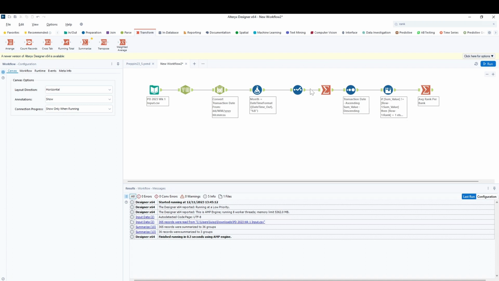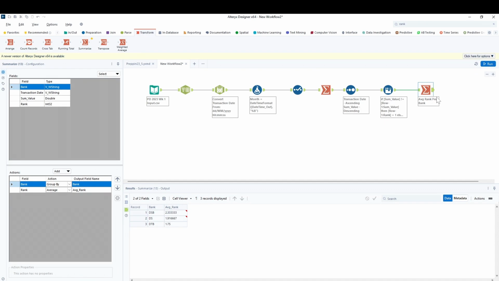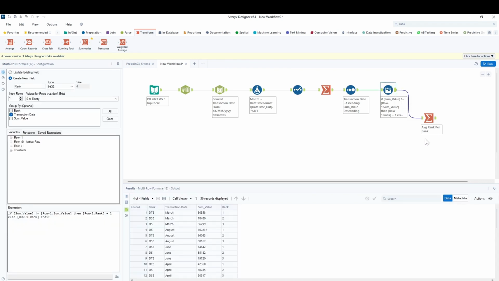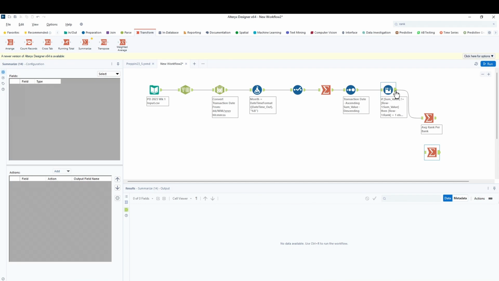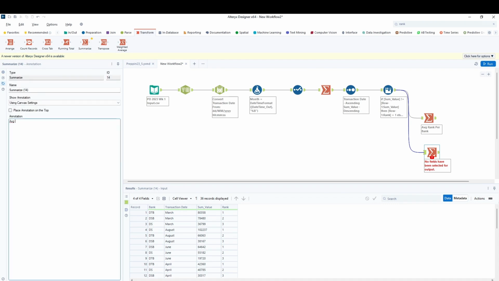But here's where it gets tricky. So now if we look here, the end of my data is here. The end of my data is here. So what do I need to do? I'm going to move this down here just so it's easier to understand. But we're basically going to look at this other step and make another calculation off of this step, not this one. So again, I'm going to have my summarize tool, and I'm going to connect it to this previous step instead of this one. So this is going to be our average transaction